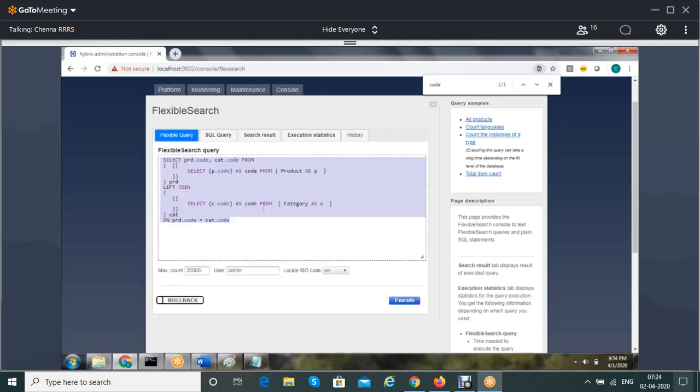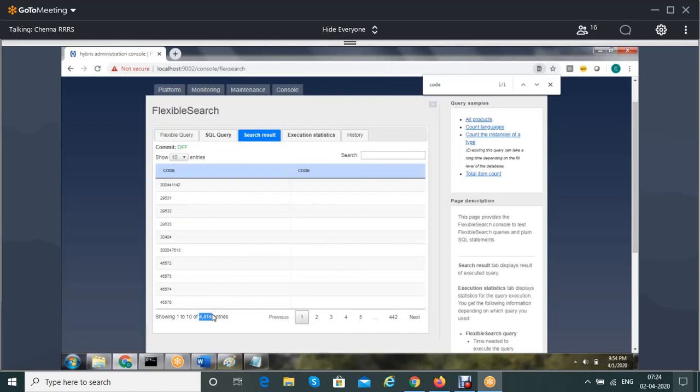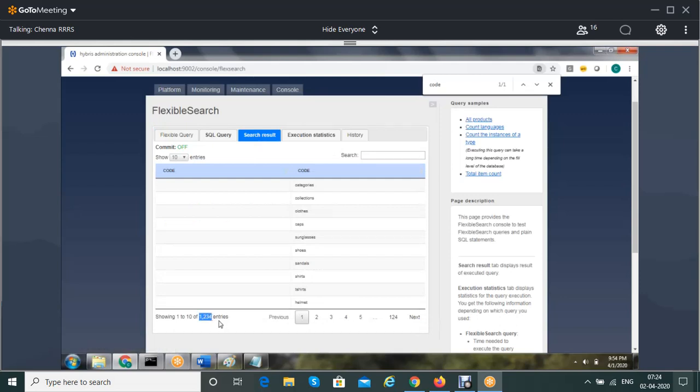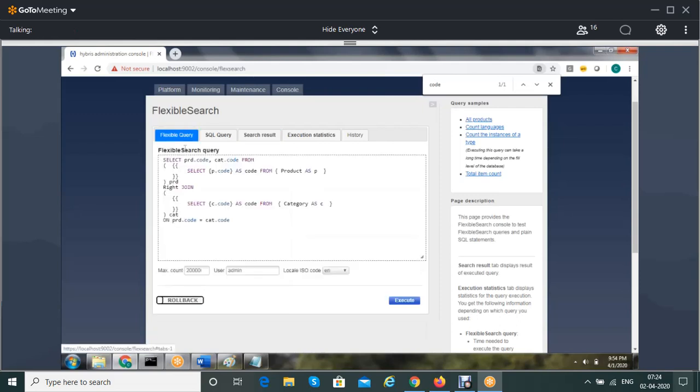Okay. Now, what are we trying to do? We are trying to get the category codes and the product codes, and we are comparing: is there any product table product code matching with the category table category code? If yes, we are taking the left side records, and you can see how many you are getting. You are getting all the records because it is a left join. If you use the right join, on the right side nothing is matching, so you can see the right side has 1, 2, 3, 4. Like this you can use left join, right join, outer join, full join.